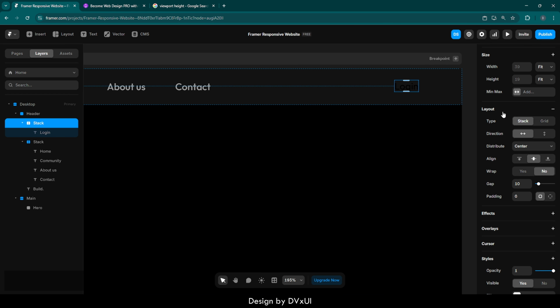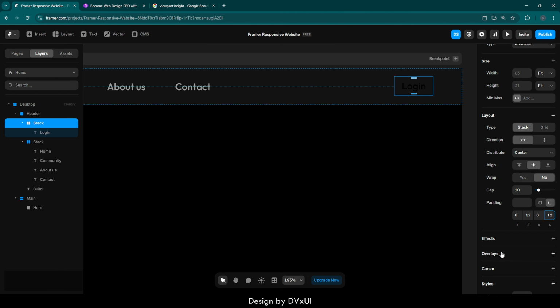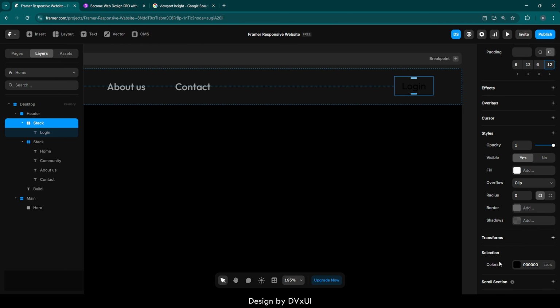Then we can go to this layout, and in the padding, let's enable this so that we can access the top, right, bottom and left padding. So from the top, I want 6, and from the bottom, I also want 6, and from the right, I want 12, and from the left, I want 12 as well. Now I know the padding and the button is not quite visible, so let me show you how can we see that. You can go to the styles and here in the